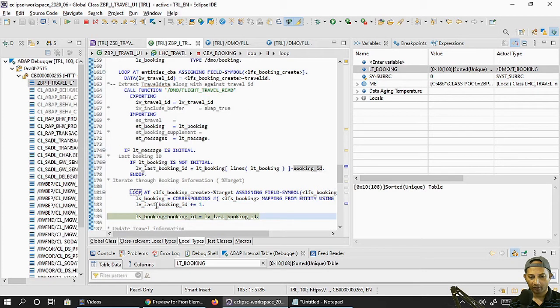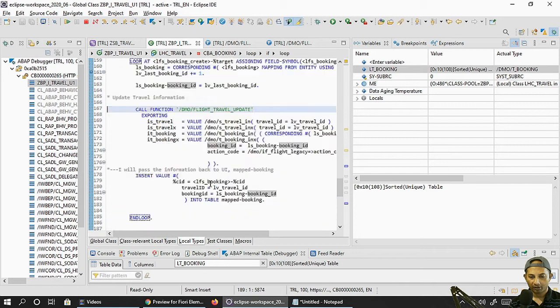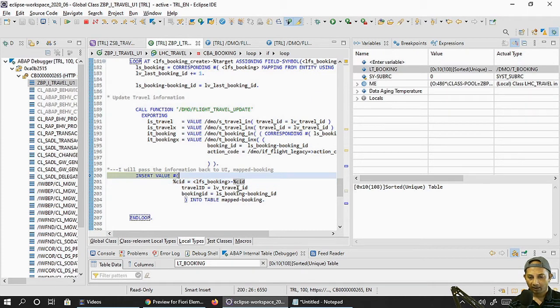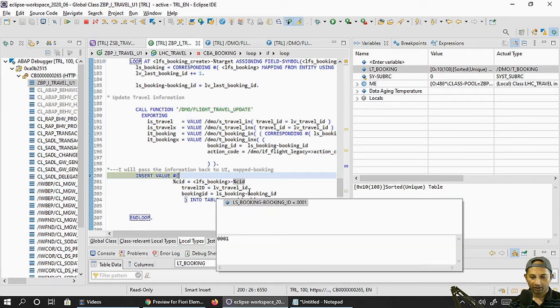Of course it should be 1 now, correct? It's 001. Very good. Booking ID we are passing, and now we are updating the travel. And finally this CID is nothing but the context ID which I received from this function model. Okay, so you can get it from here. Booking CID is saddle CID 1, right? Travel ID same, booking ID same,